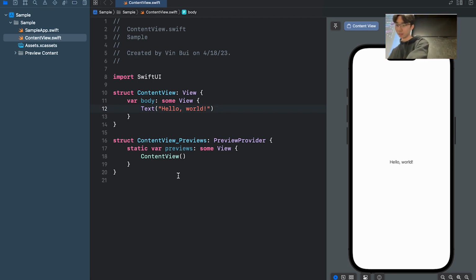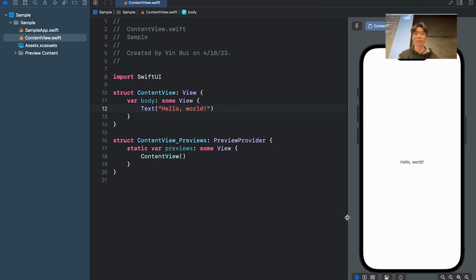Give me a second. Okay, so can you guys see the preview, or do you want me to enlarge it a little? Is it good? Larger? All right. Better? All right, so